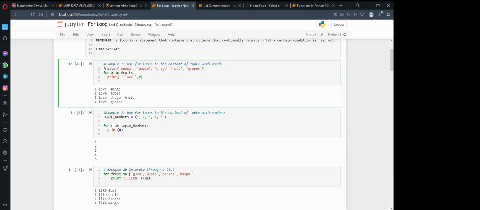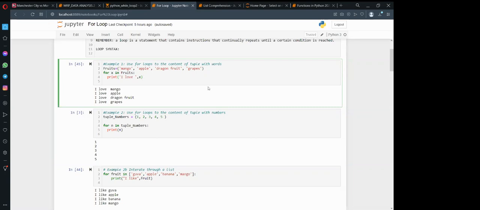So you say for x. Remember, x is a variable which you are assigning to the tuple name fruits. So you say x in fruits. Fruits is the tuple name.